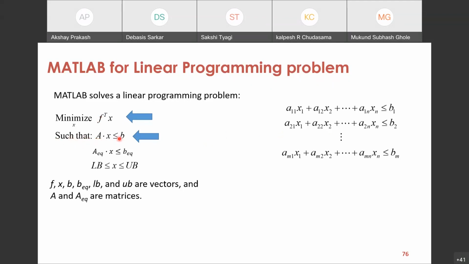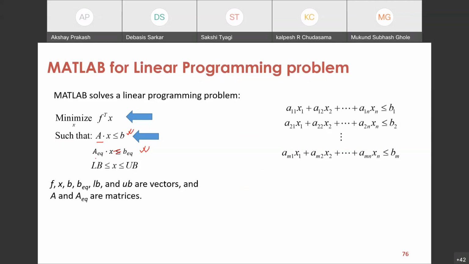Ax less or equal to B is the linear inequality constraints, and Aeq times x equal to Beq is the linear equality constraints. All the constraints are linear, right? So this is it. MATLAB separates these two. These are linear inequality constraints, and this is linear equality constraints. So you have to separate these two,